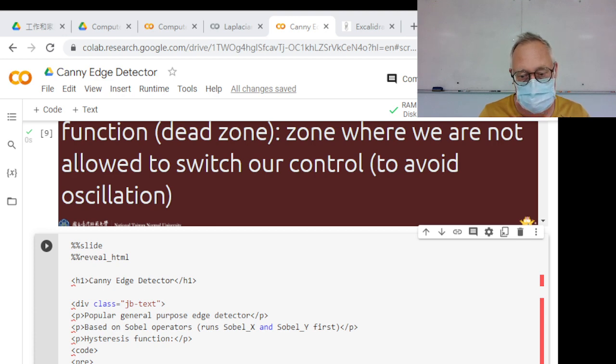I know Canny edge detection uses the gradient direction, but when it merges the edges, does it use